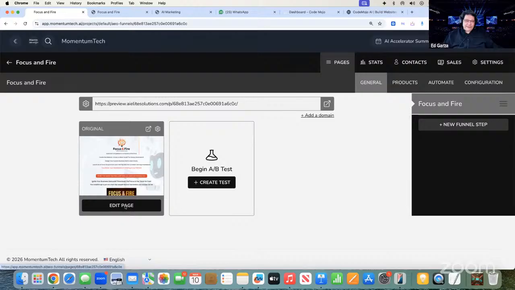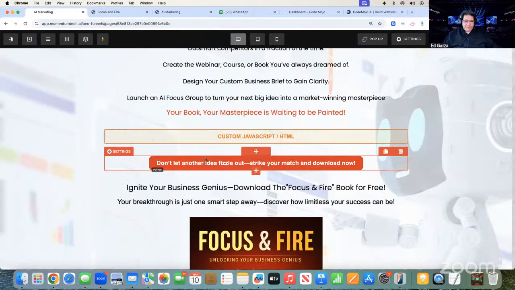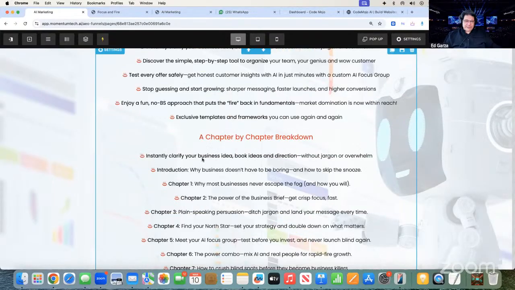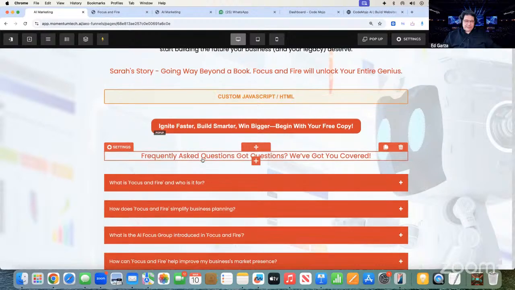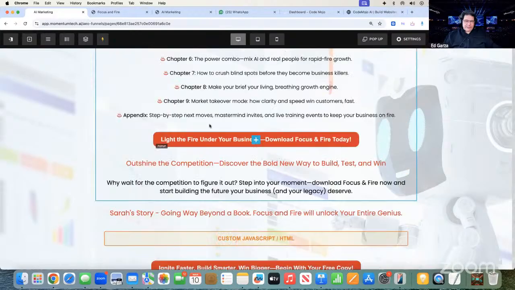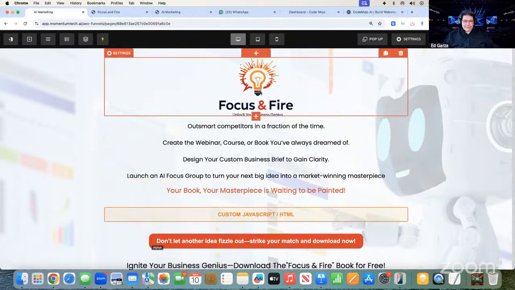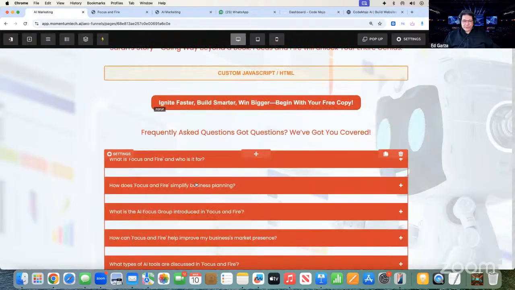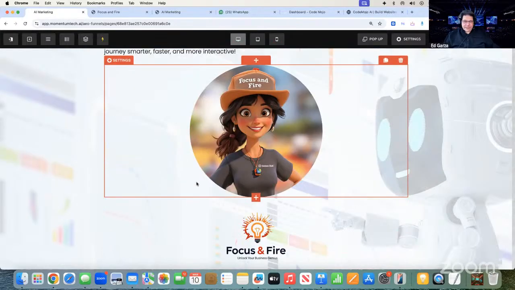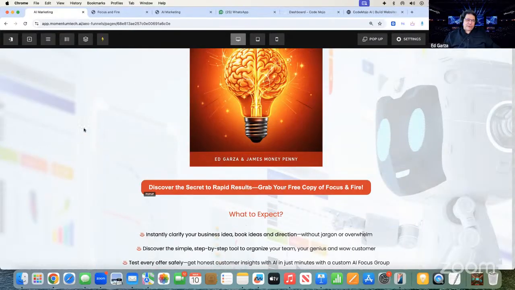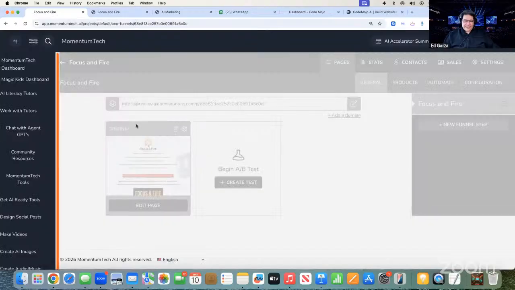And this is a book funnel, really cool book funnel. Yeah, a really good, cool book funnel. And yeah, good formatting. The logo was created in the platform. And yeah, maybe we'll use this as a giveaway sometime. I think it's a really good book. So we'll work on that later. Okay, cool. That's the website platform.